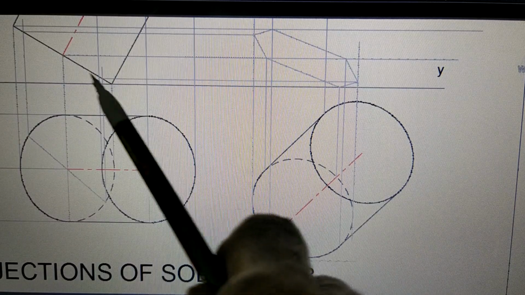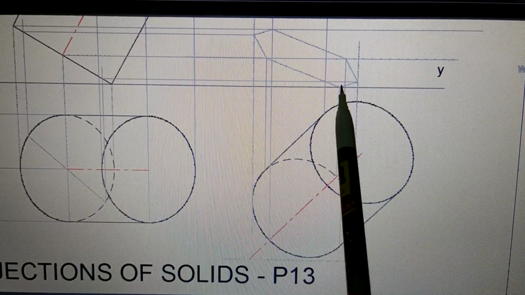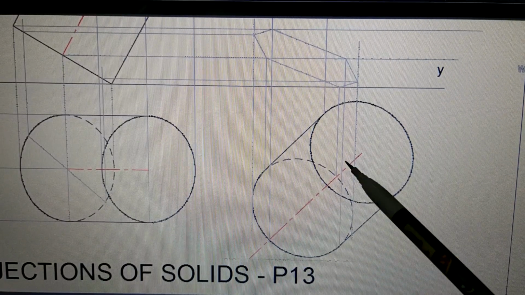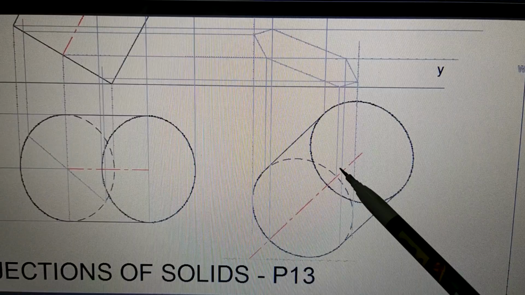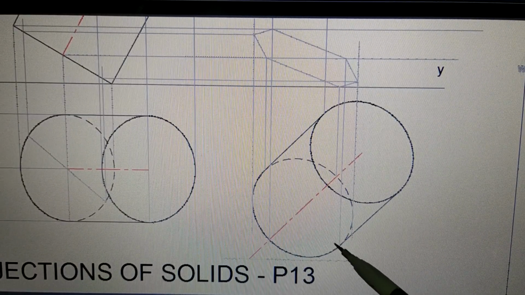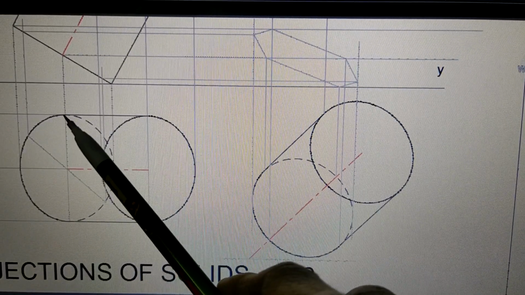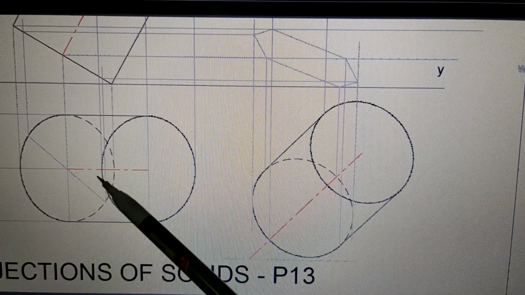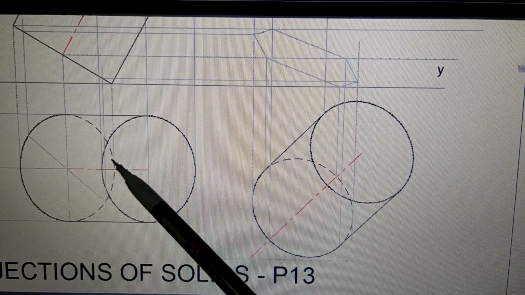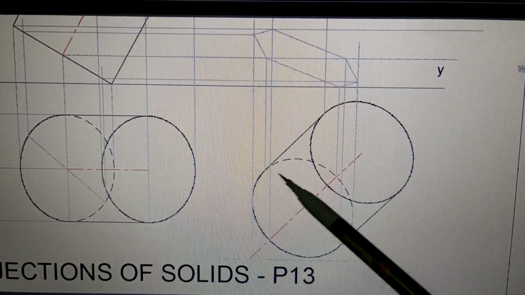That means this lowest point and the highest point, these 2 points are marked. Now the remaining points. Now this is an axis of the ellipse. Similarly there is one more axis like this. I have not drawn it, but there is an axis here. So you can draw this axis and get the other 2 points. Now these are these 2 points. When you number them, you can number them like 1, 2, 3, 4 and 1. So this is 1, this is 2, this is 3, this is 4 and this is 1.